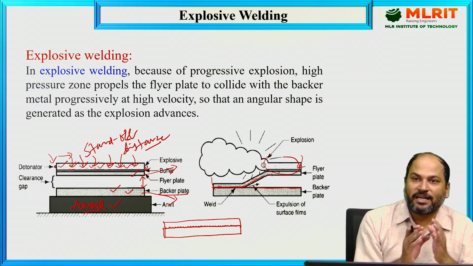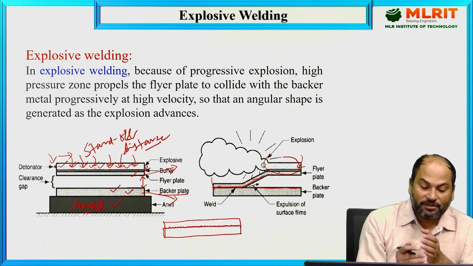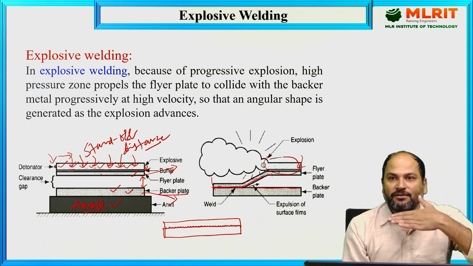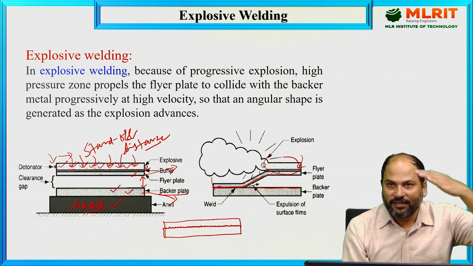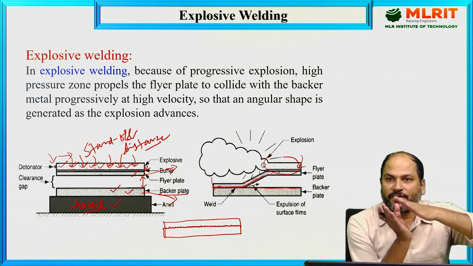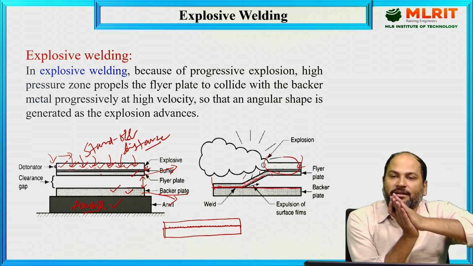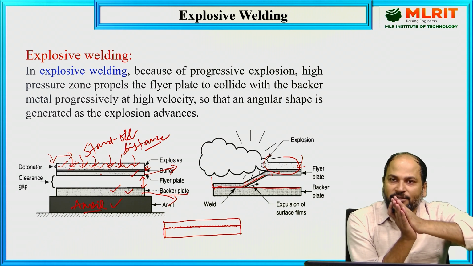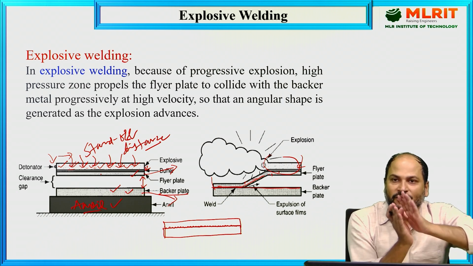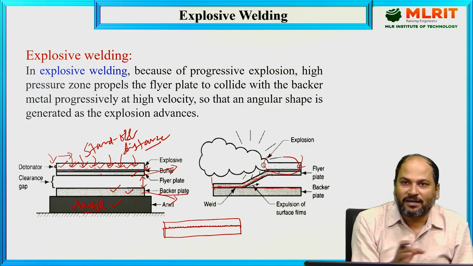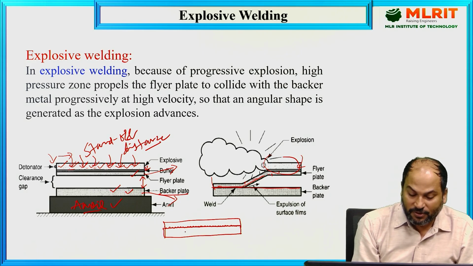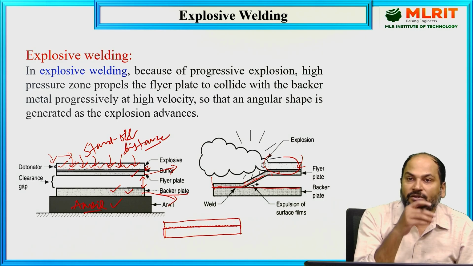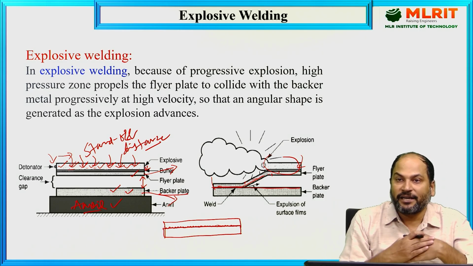What is actually happening because of this explosive is that the flare plate has a very high velocity. With that high velocity and high pressure, it comes and strikes the second plate where we have to do the welding, and because of the atomic joining, it will join together. So nothing is happening here if parts are not being melted. That's why it is a solid state welding. The only drawback with this process is that the surface generated will be rough wherever we are joining, because of the high velocity it is striking with.